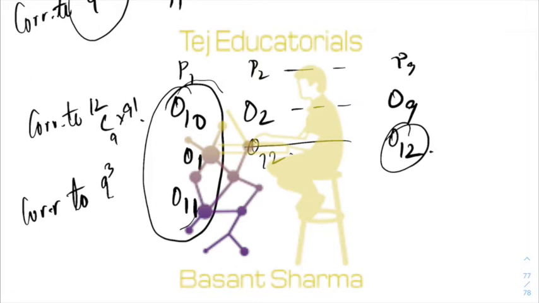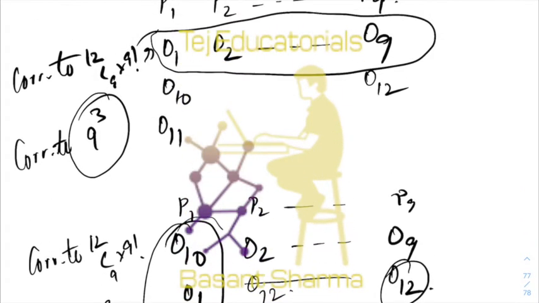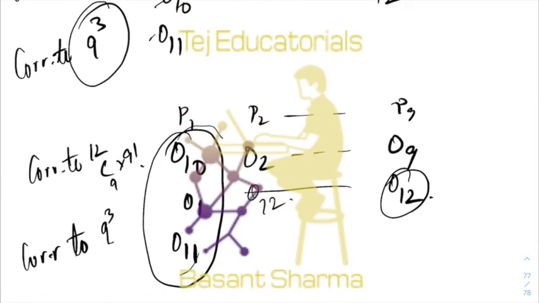Whenever you are given n different objects and asked to distribute amongst r persons such that each person gets at least one object, we will never use this wrong logic of first distributing r objects and then freely distributing the remaining n minus r objects. I hope this makes sense, why this logic is wrong. P1 has O1, O10, O11, but this case is also counted when P1 has O10, O1, O11. So the ordering of objects that P1 has is also being considered in 12C9 into 9 factorial into 9 to the power 3.